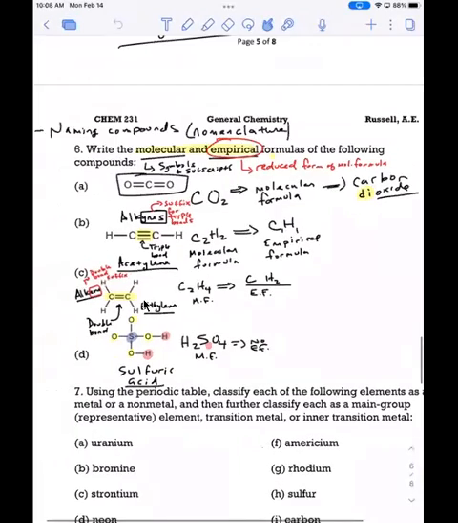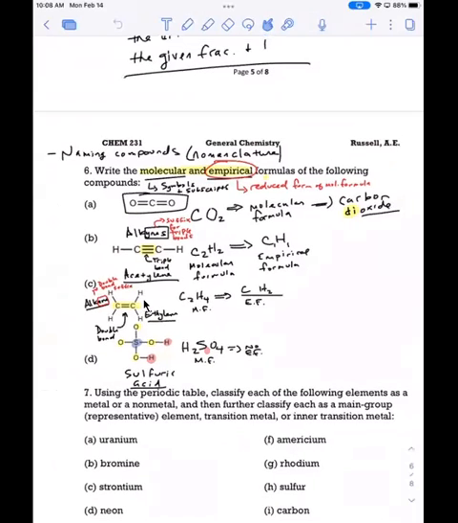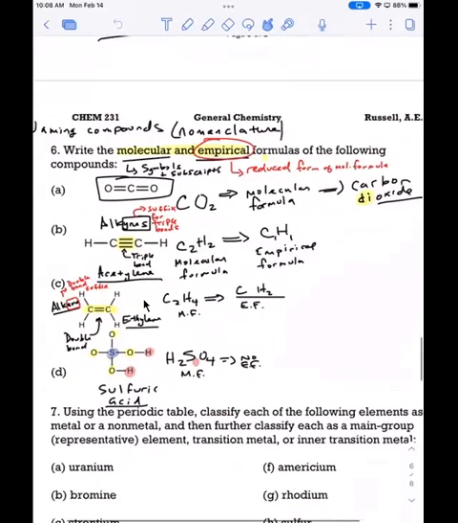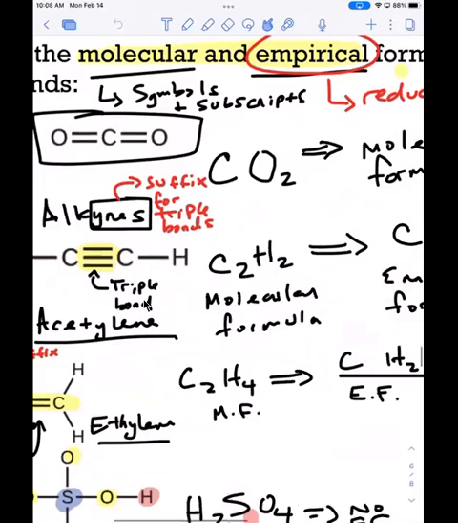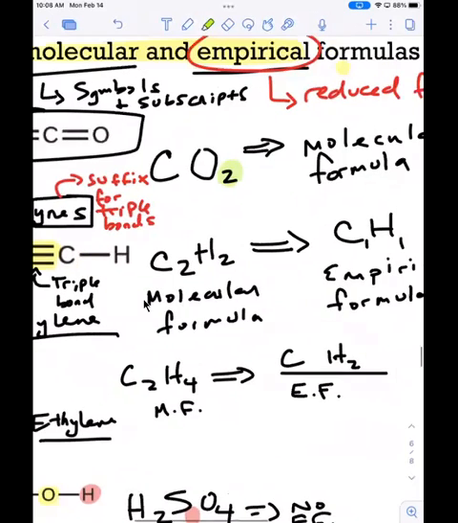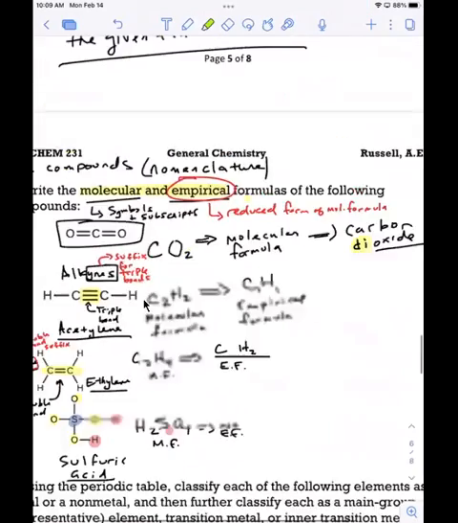All right, so we went over molecular formulas and empirical formulas on Friday, talking about these different compounds and how the molecular formula is basically an accounting of all your atoms, right? And you indicate the number of each atom with a subscript. So we talked about that. And then the empirical formula is like the reduced form